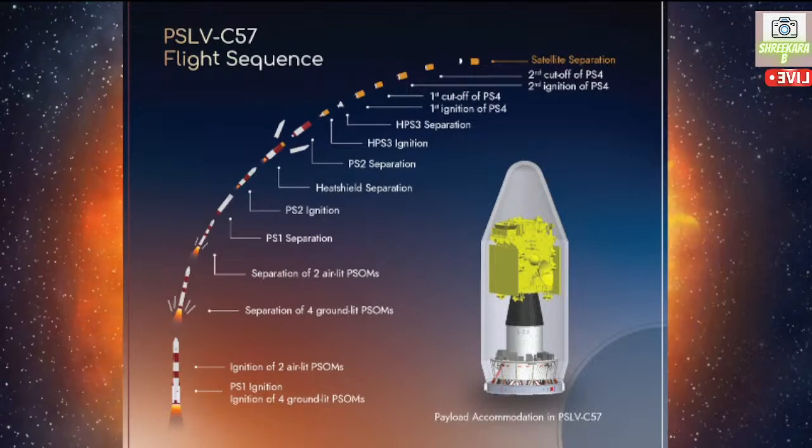These events are taking place in the operational regime of the second stage, which lasts for 153 seconds. PS2 was separated 262.4 seconds into the flight at an altitude of 130 kilometers, while the relative velocity is 4.9 kilometers per second. The third stage, PS3, ignites about a second later and burns for 118 seconds, during which time